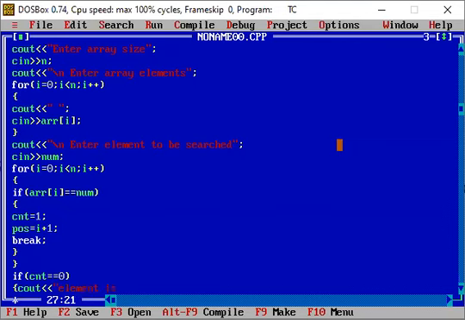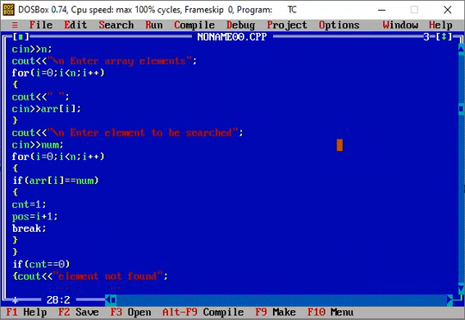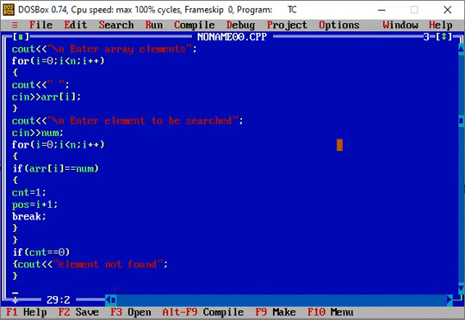So that means your element is not found. Directly we can write like "element not found here". So again we can just close this part, and else will be the case when my count value is not 0, when I have changed the value of that count.